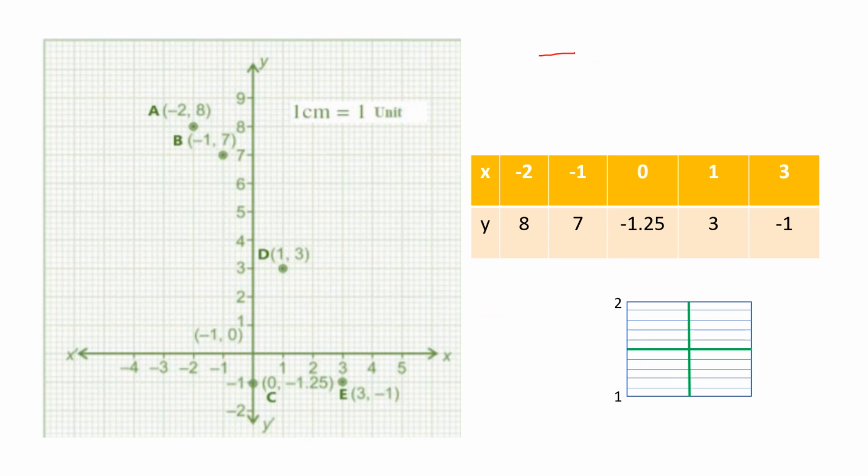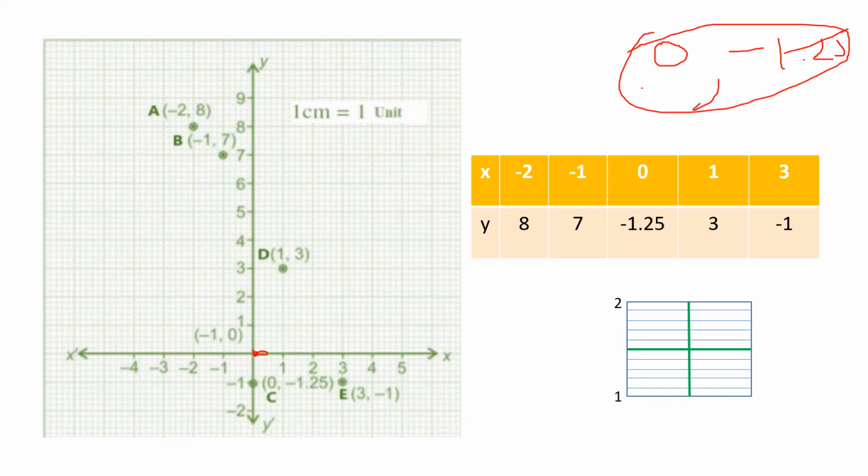Now the next point is 0, -1.25. Now look, x-axis is 0. So x-axis is 0 means this point will lie on the y-axis, because x coordinate is 0, right? So it will lie on the y-axis. That means it will lie somewhere here. So now let's see. -1.25 means,